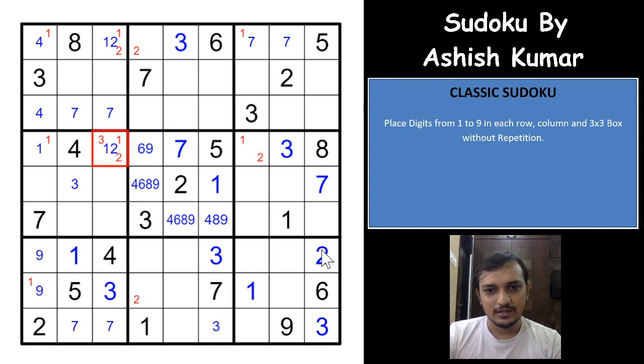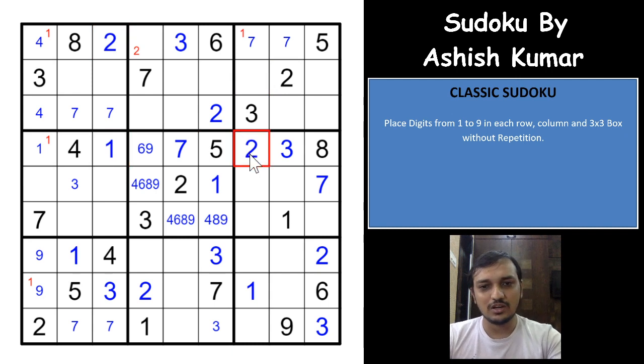and now this 2 and this 2 gives you a 2 in this cell, and this 2 and 2 gives you a 2 here, and these two 2s give you a 2 here, this 2 gives you a 1 here, and superb, this one gives you a 2 in this row, so only one place for the 2 in this row. And as you can see here, we are easily marking all the digits here, and there is only one place for 3 in box 4. So I think we have marked all the 3s here. Superb, we have marked all the 2s here.